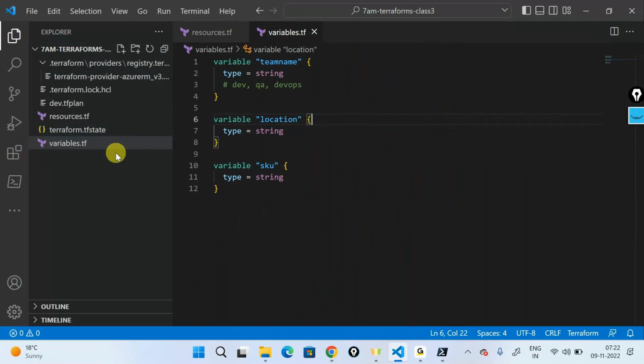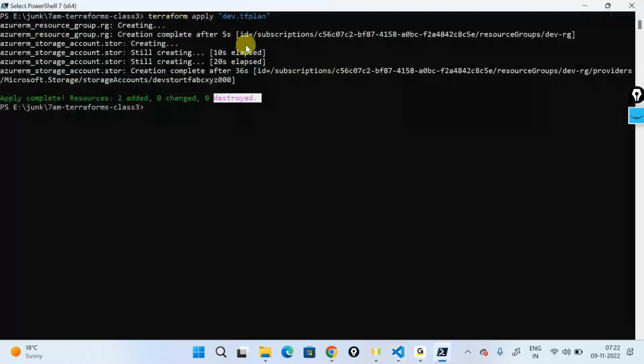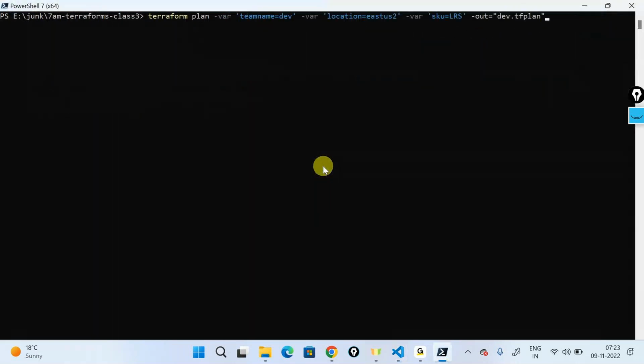Any questions still here on how we passed this, and what kind of commands did we use? To begin with, I have used terraform init, then terraform fmt to format, then validate, then terraform plan with an